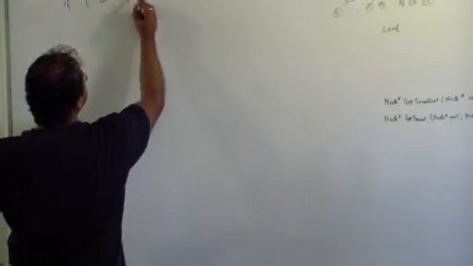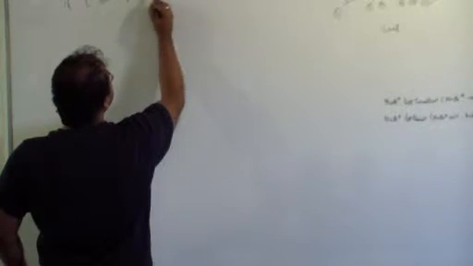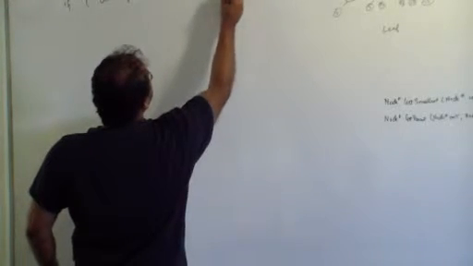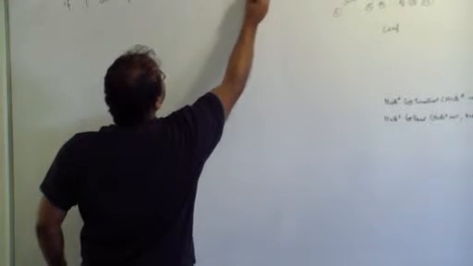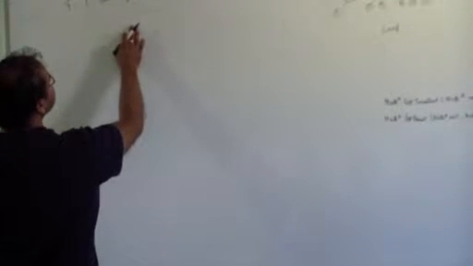Let me start from the definition. If the left equals null and the right equals null, then we want to say parent of delete